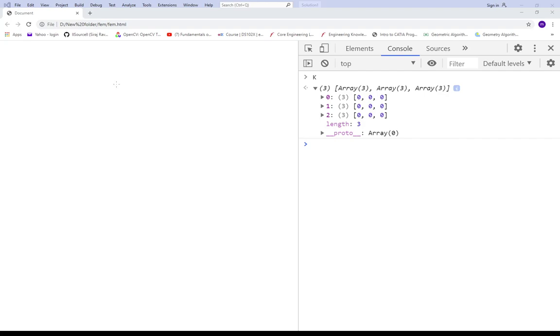So my value of I is 0, therefore I can write I comma I, and this will be 0 comma 1, and this will be 1 comma 0, and of course here K1 will be there, and this element is 1 comma 1.